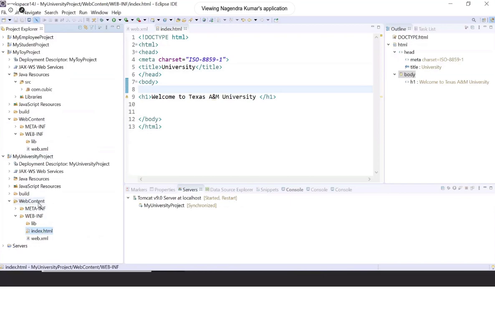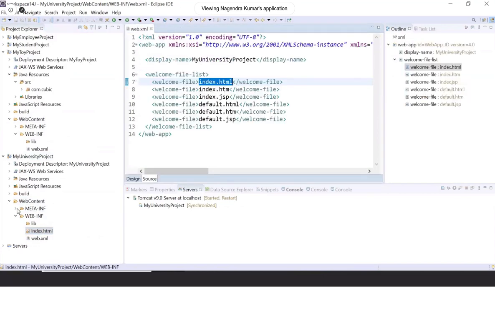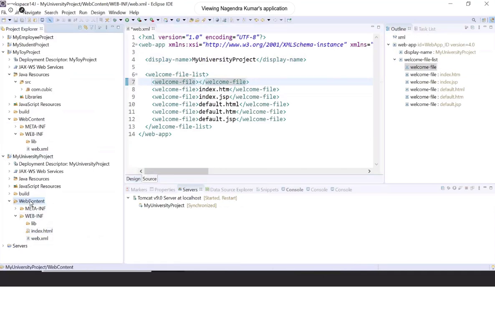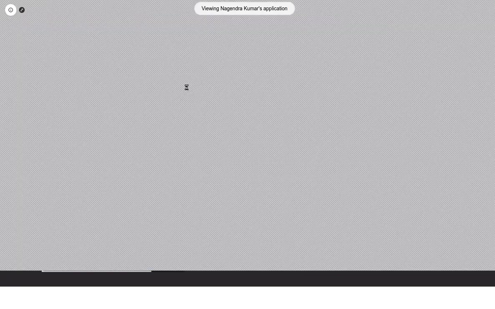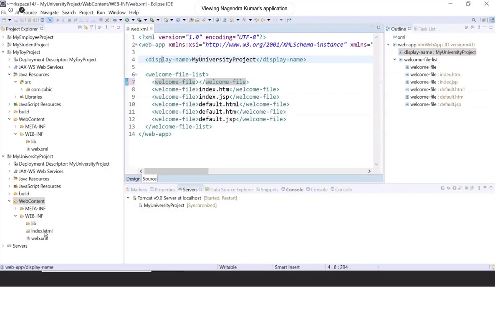Let me just paste it. Let me just cut it. Just a minute. First, just save this one. Just give it a moment, okay? Still it is stuck. Okay. Now,